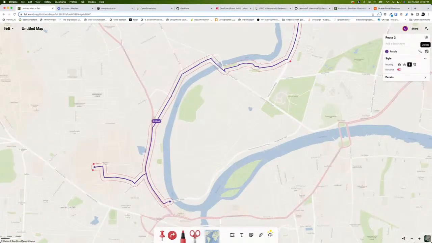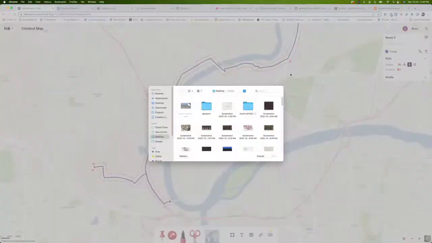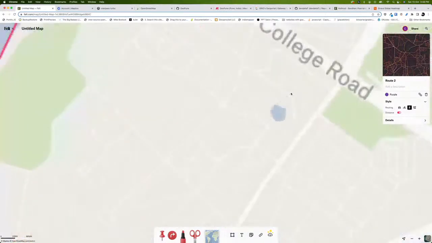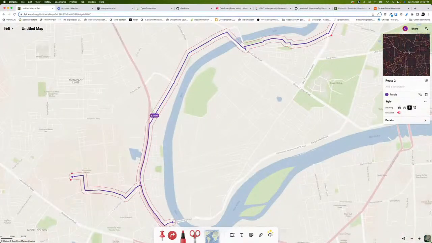But for today, I don't really want to do a route either. This is just for showcasing. If you want to upload an image, you can do that as well, right? So if I just take the previous example, a use case where this would be important is,